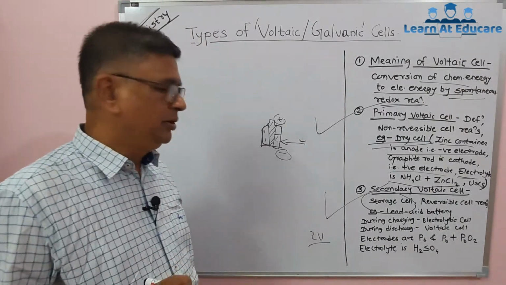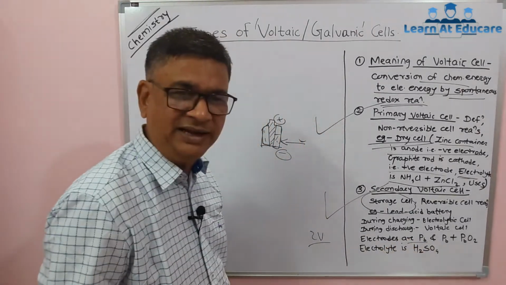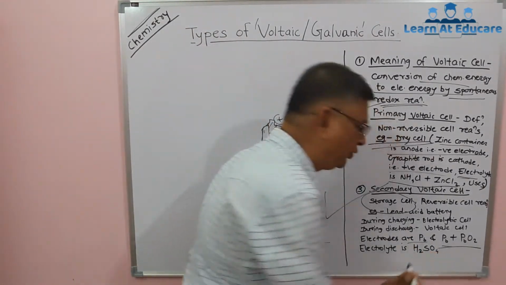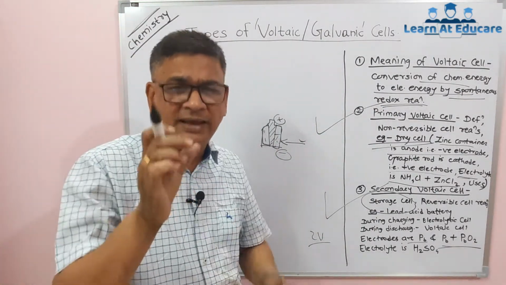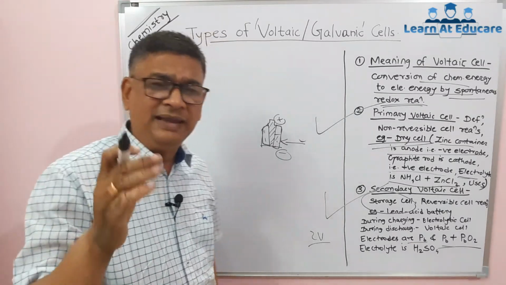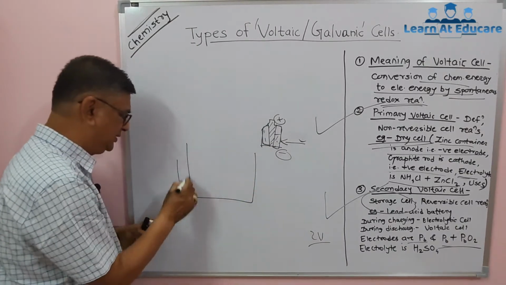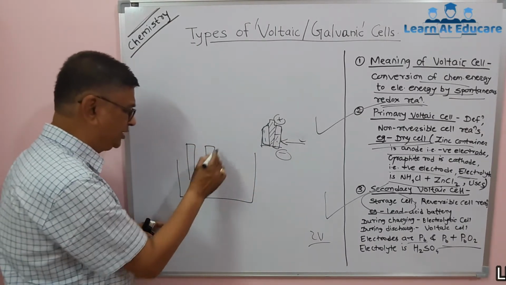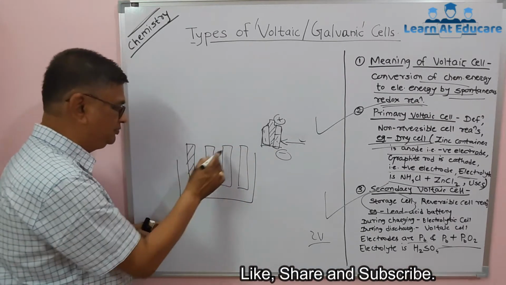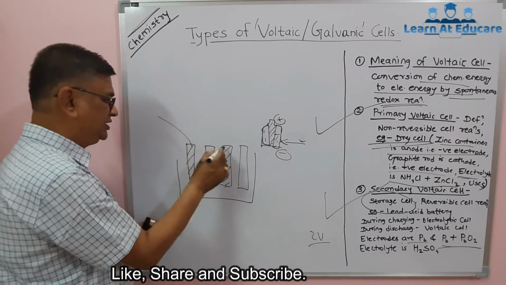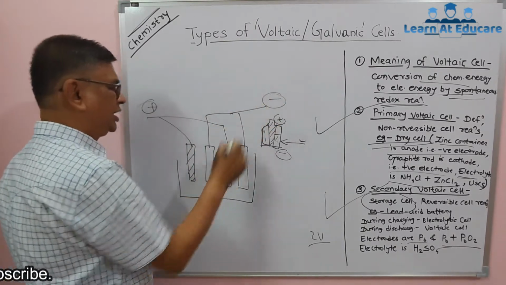Now what are the anode and cathode there? The electrodes used are Pb, means lead plates, and lead plates with PbO2, means lead oxide. They are alternately arranged. There is not one cathode and one anode; there are a few cathodes and a few anodes, remember, and they are alternately placed in a rectangular vessel. Suppose I am showing 4 electrodes there, 2 anodes and 2 cathodes, alternately placed. These are joined to form the positive terminal, and these are joined to give the negative terminal.